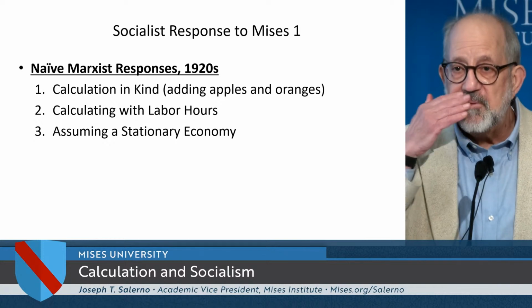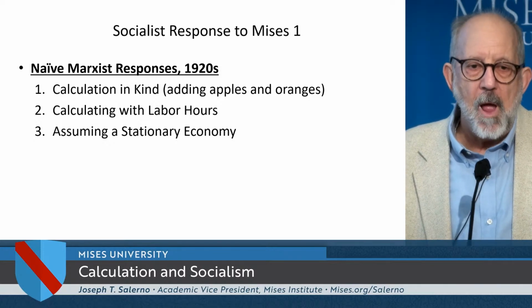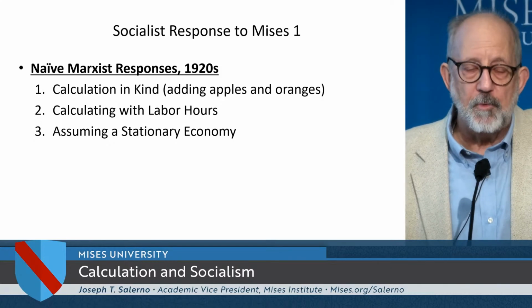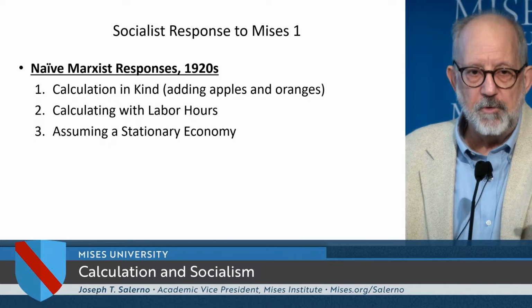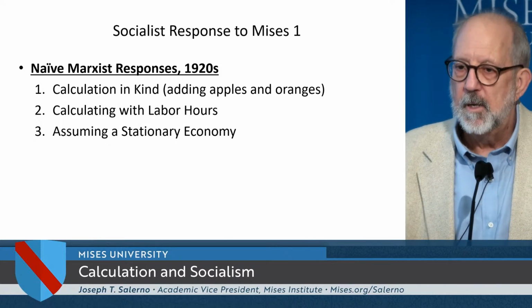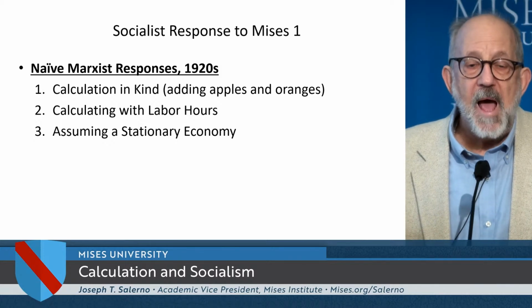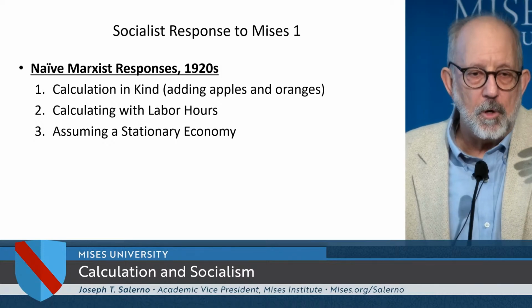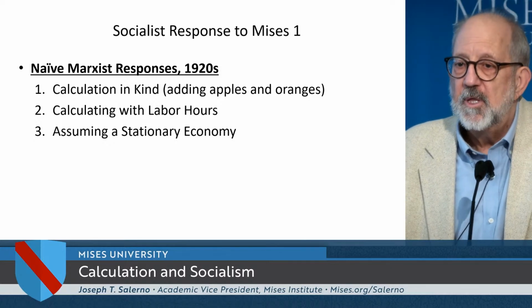Assuming a stationary economy, this is one of their favorites. They say, look, capitalism produces, and we see what they're doing. We will just tell the managers, the capitalist managers, we'll get rid of the owners, but we'll tell the managers who are there on site, just do tomorrow, the first day of socialism, what you did today, and just keep doing it. Okay, now why is that stupid? It's dumb because that assumes that new technology never develops, natural resources are never depleted or never come online, are never discovered, and that consumer value scales never change.